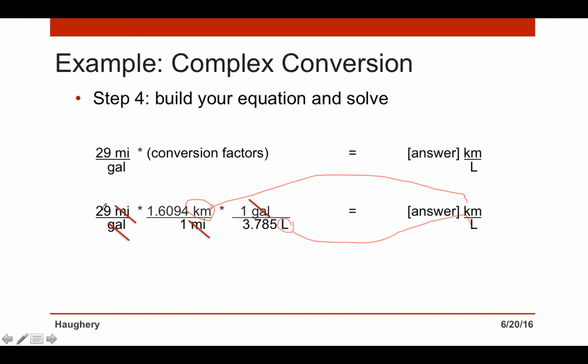Of course, all these other things just multiply across. So 29 times 1.6094 times 1. And of course, that's 1 in essence down there. 1 times 1 times 3.785. And so the numerator divided by the denominator, and we have 12.330